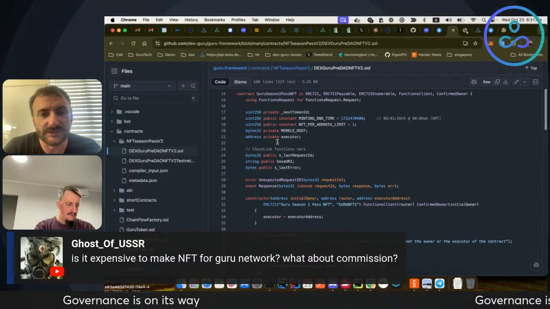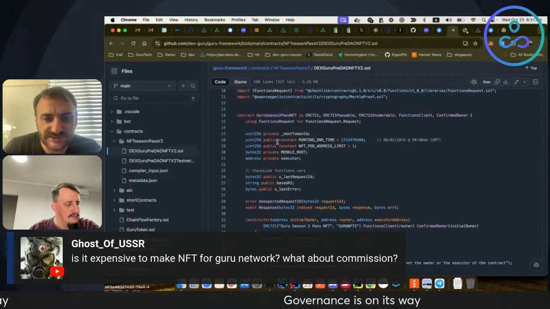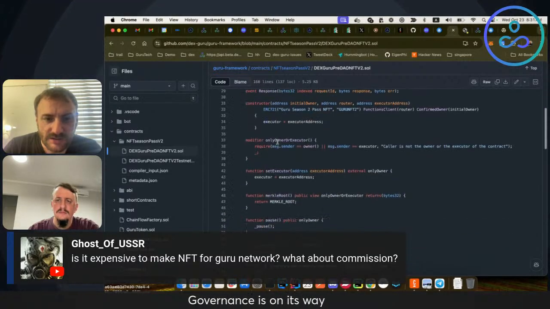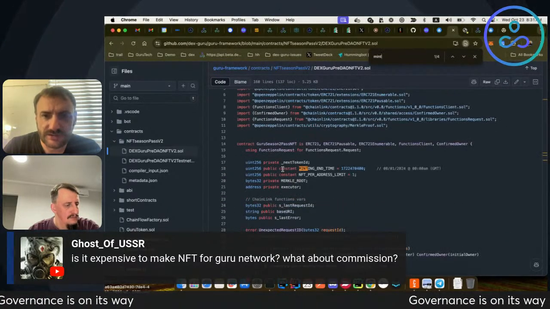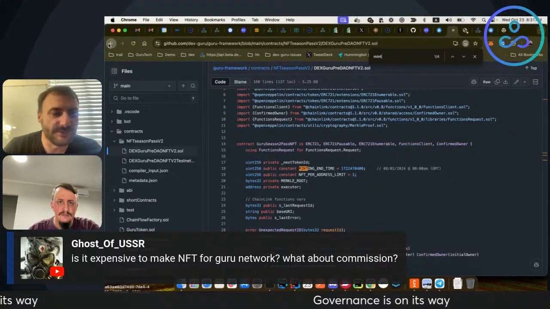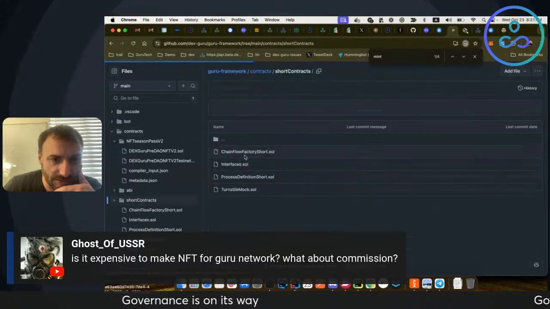I would need to find this, but anyway, here you specify mint cost. Oh, actually, this smart contract is without mint cost, but there is another one.